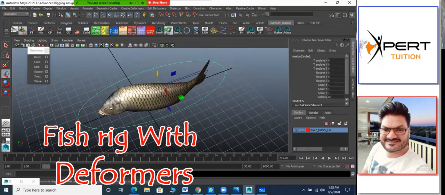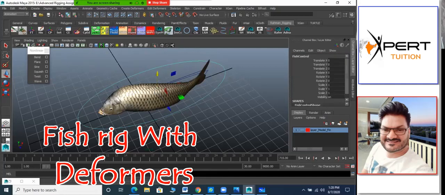And this is going to be a fish control. So I can write it here, fish control. Is it clear? Yeah. Okay, fish control. Even you can give a color for it. It's easier to select and all that.